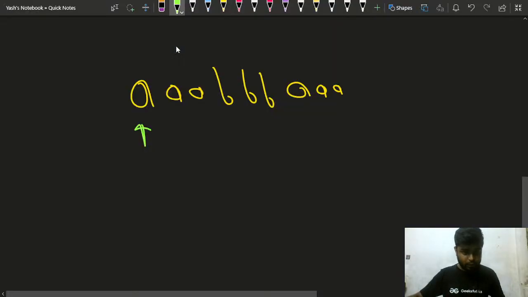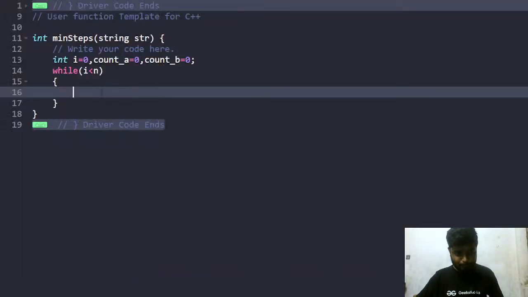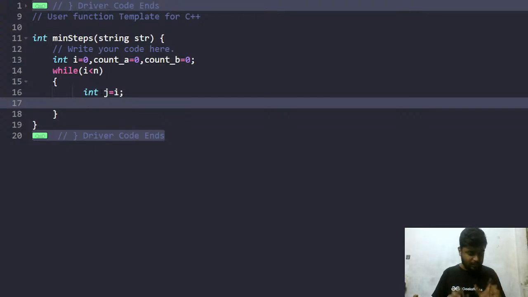And what am I going to do? I'll say that I am here. If I'm here, that's perfectly fine. I'll mark a j here. Initially this is my starting position, and I move here, so this is one such segment. The moment I move here, the segment has changed, so in this part I'll say the count is 1. So I'll say int j is equal to i initially. This will help me keep track of the segment.